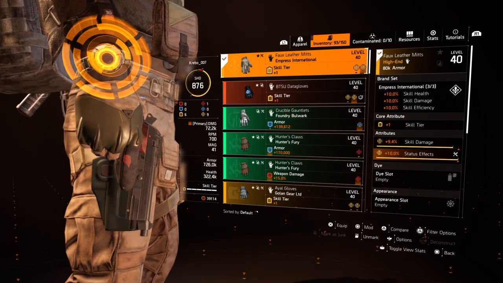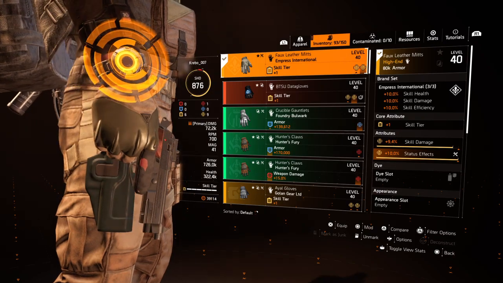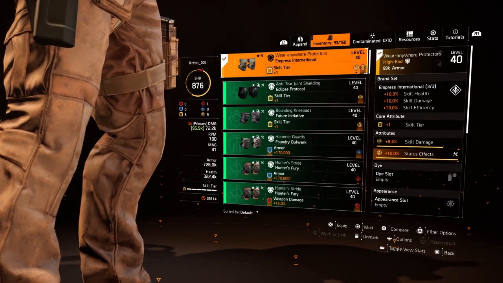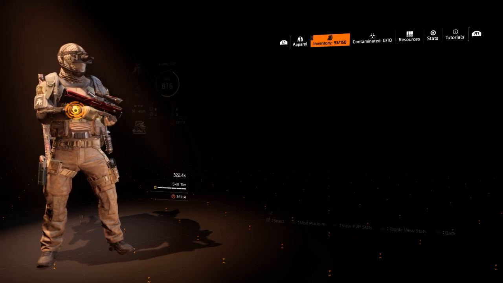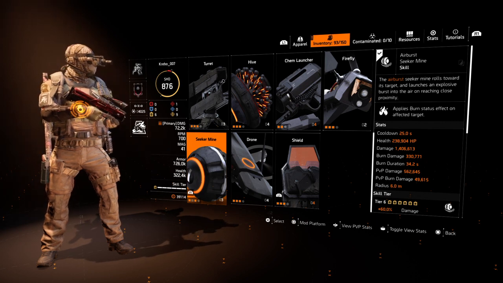On my second piece, skill damage and status effect. I rolled status effect instead of skill haste. I didn't feel I needed skill haste, and I wanted to make the burn duration even longer. So status effect there as well on my third piece, which is the knee pad. Skill damage and status effect over there as well. So that's how I ended up with a burn duration of 34.2 seconds and my burn damage of